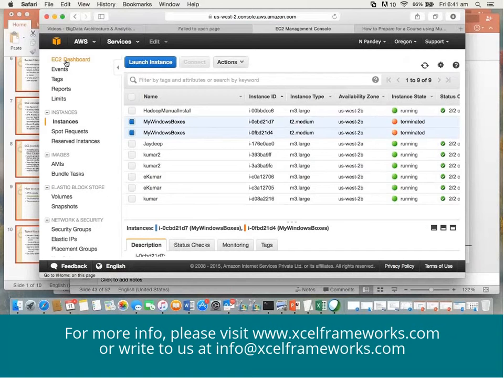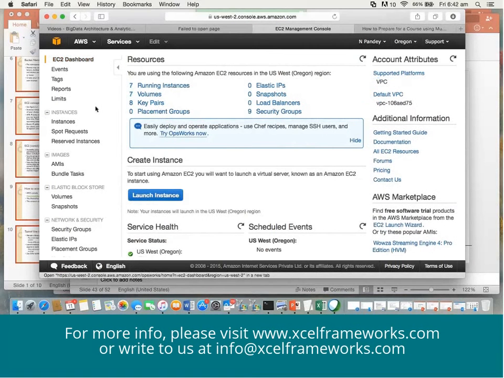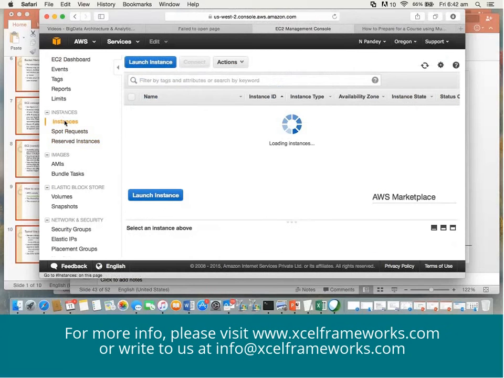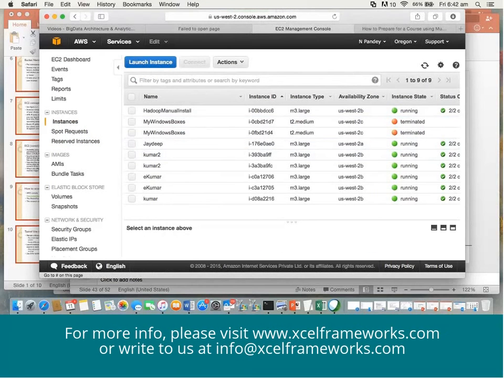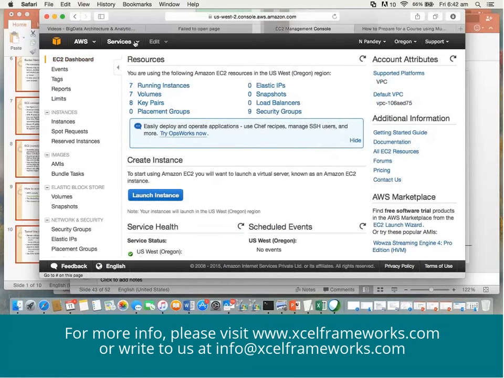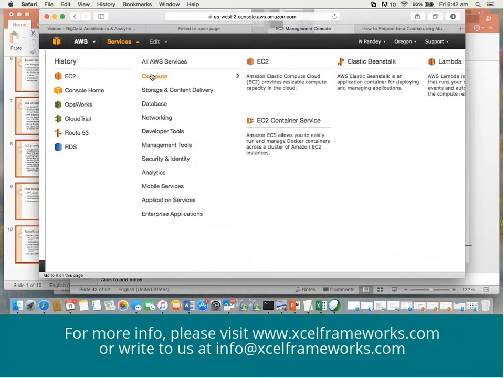Fine. So we'll go to the EC2 dashboard now. We have already terminated. I'll go to instances, and these two are in terminated state. I'll go to the dashboard, and now we have services. So we have seen compute, and we have seen EC2 in compute, right? Beanstalk and EC2 Container Service we will discuss once we start with DevOps. Now, for example, EC2 Container Service is used to easily run and manage Docker containers, right? So what is a Docker container? That you need to know. That I'll introduce when we get to the beginning of DevOps, right?